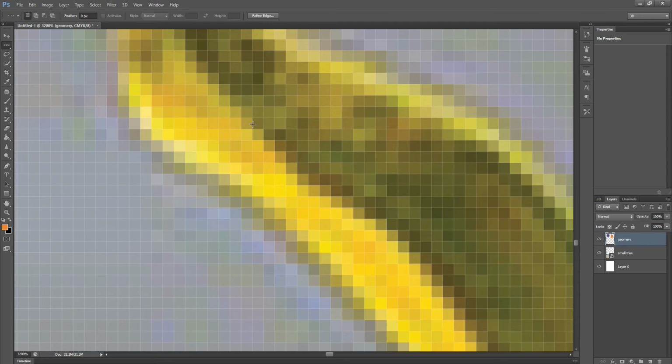When we want to select 1 pixel, we go to the single row marquee tool. When we click on the single row marquee tool, we can select the 1 pixels. Otherwise, 1 pixel selection is very difficult. Through these tools we can select the 1 pixels.